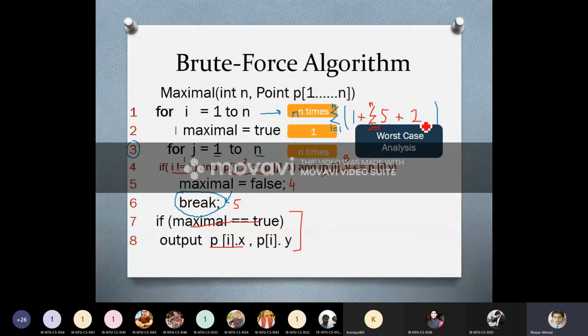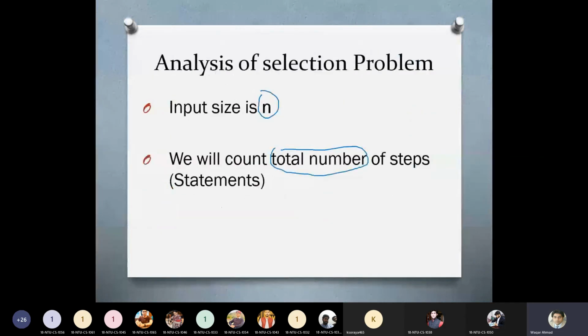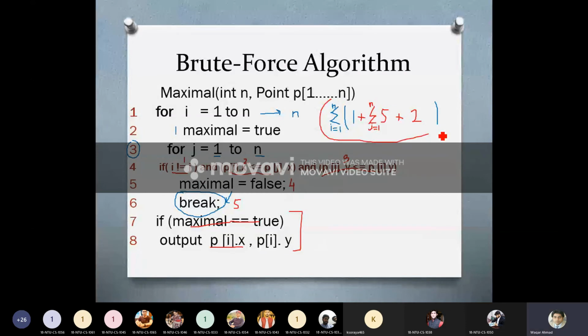So this is the analysis activity performed a little bit here, and you can observe that we have referred to this activity by using this mathematical notation.